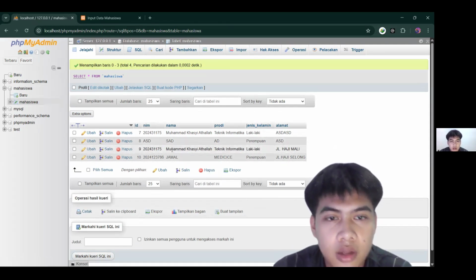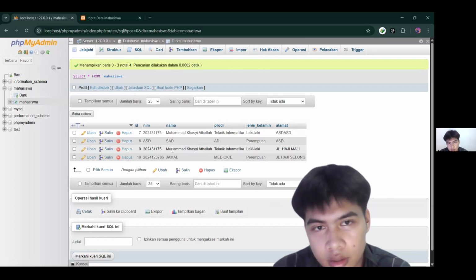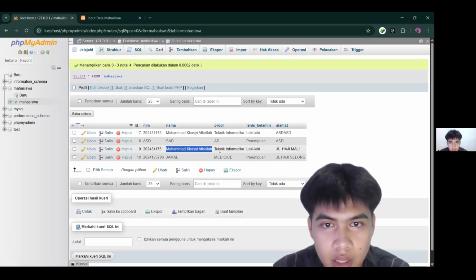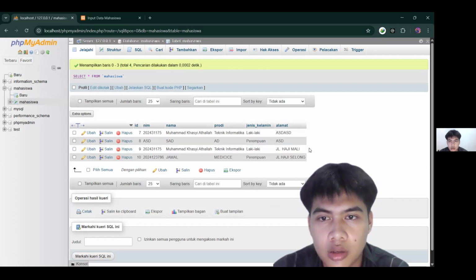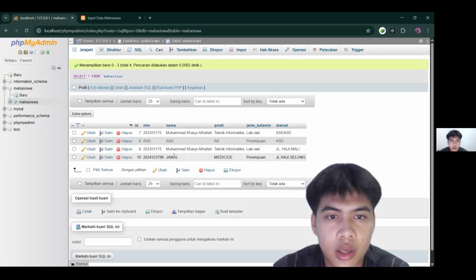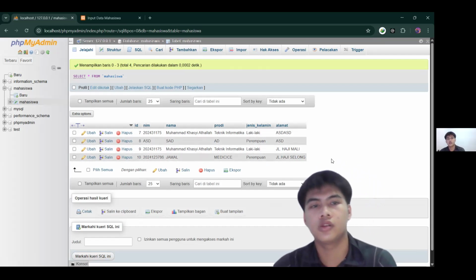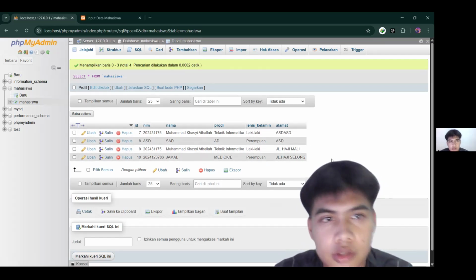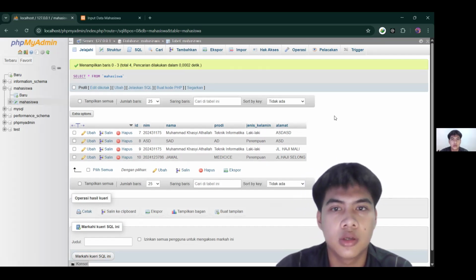We can see here I input my name, my program, my gender, and my address before, and Jamal and Muhammad Kashi are already in the database. So it linked successfully to the database.